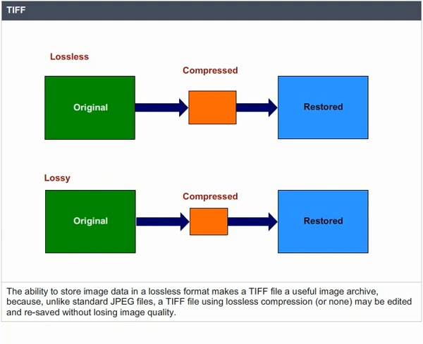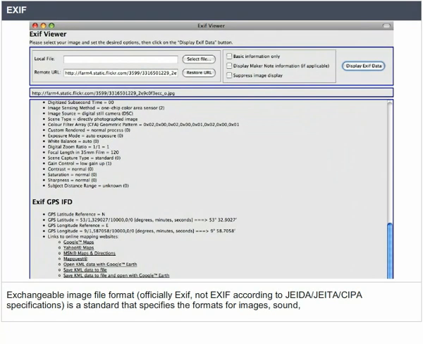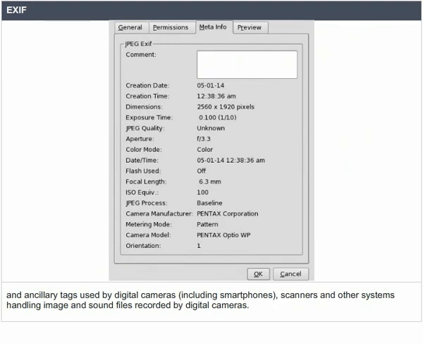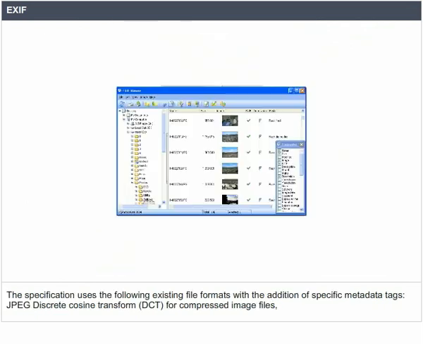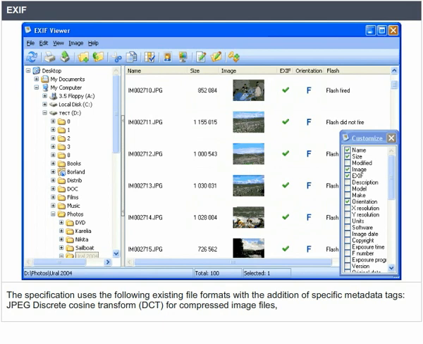EXIF, Exchangeable Image File Format, is a standard, according to JEIDA, JEITA, and CIPA specifications, that specifies the formats for images, sound, and ancillary tags used by digital cameras, including smartphones, scanners, and other systems handling image and sound files recorded by digital cameras. The specification uses the following existing file formats with the addition of specific metadata tags: JPEG Discrete Cosine Transform for compressed image files,